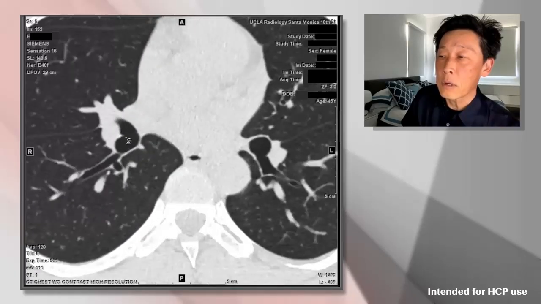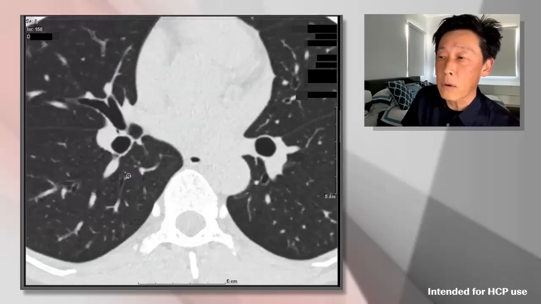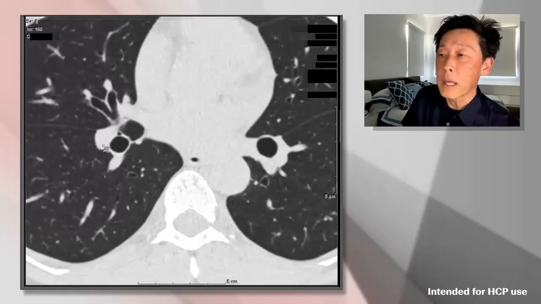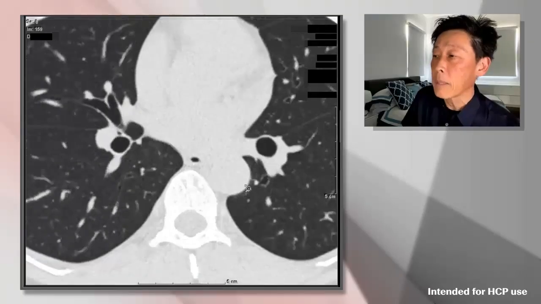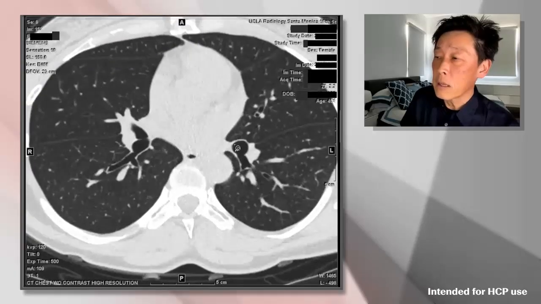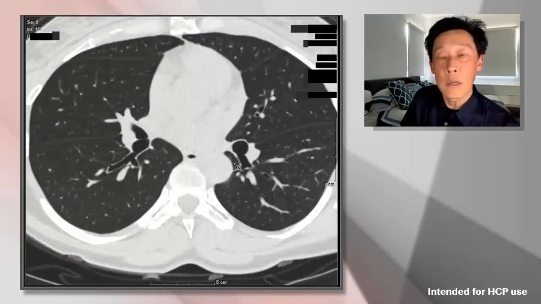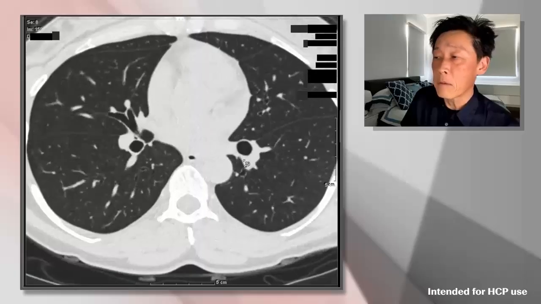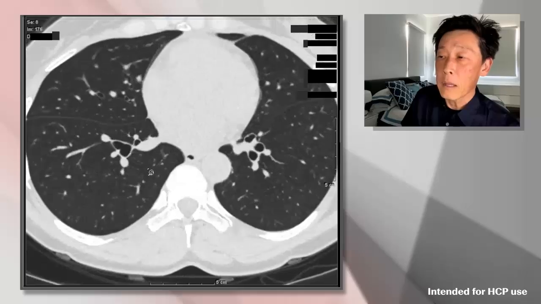We see a very short right lower lobe bronchus going into a superior segmental bronchus of the right lower lobe, a common basal segment. And we can see anteriorly, again, the division of the right middle lobar bronchus into the lateral and medial segmental bronchi. The anatomy is similar on the left side. And again, we can see the superior segmental bronchus coming off on the left. We can also see the common basal bronchus, and we can then see the segmental bronchi here, similarly on the right side as well.